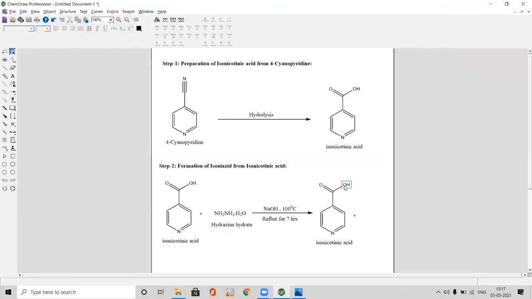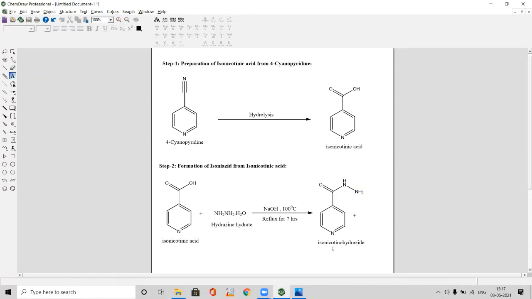So instead of the OH group, we should be having NH and NH2. So another bond we need. Select this solid bond, click on the oxygen, and you will get a bond. The oxygen needs to be replaced with NH. With text, type NH, and the other one at the end we need to type NH2.